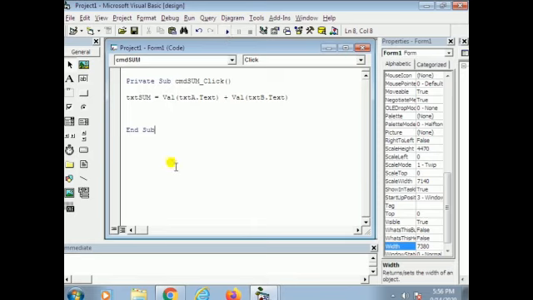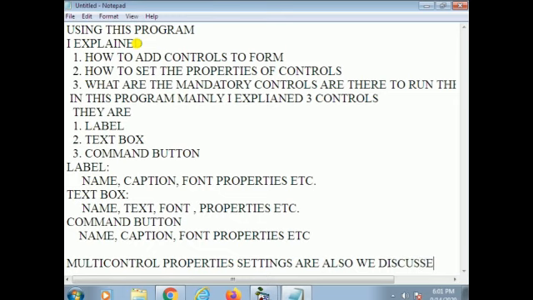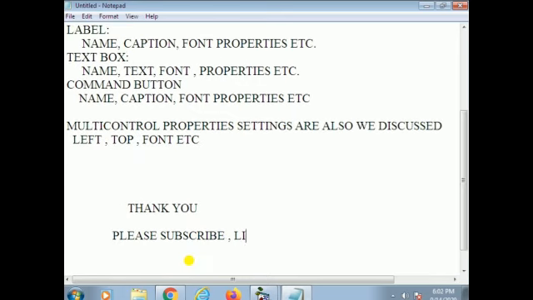So here mainly we need to learn about what the val function is. The val function is used to convert the text character format to integer format, that means number format. Without using the val function, we can't retrieve the numbers. We can retrieve only text values. Using text, we can't do any calculation. So must and should we use the val function to retrieve any value in Visual Basic programming.